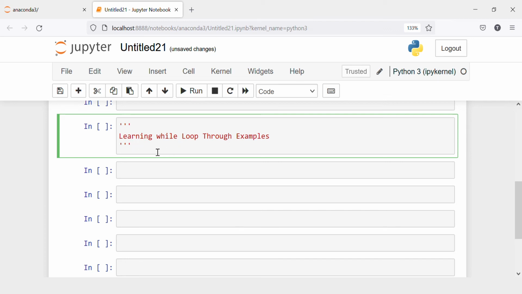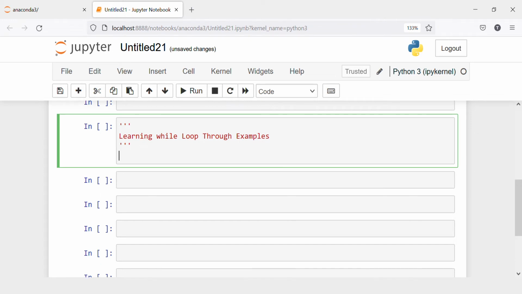Here we are going to learn the while loop through examples. In this example, I will just use a very simple example to understand more about the while loop. So here I am going to take a variable n and assign the value to its int. Int means integer. So whatever we have written inside the int should be in integer format, otherwise it